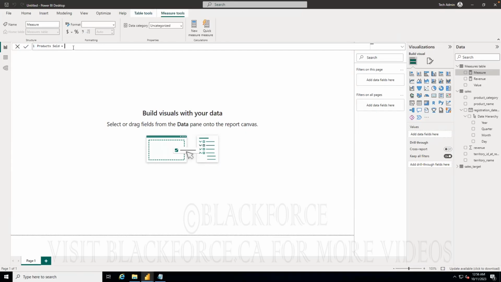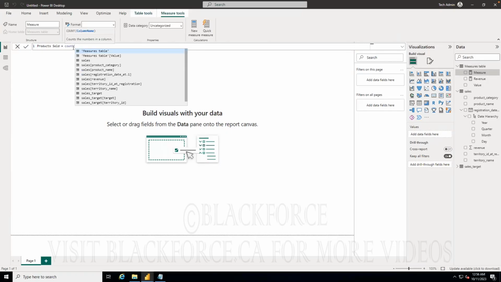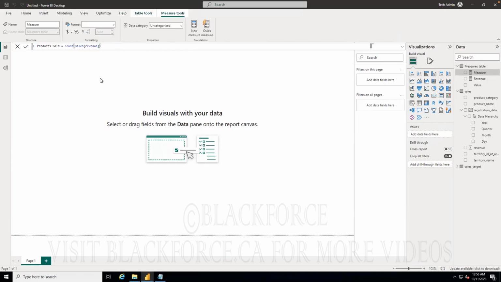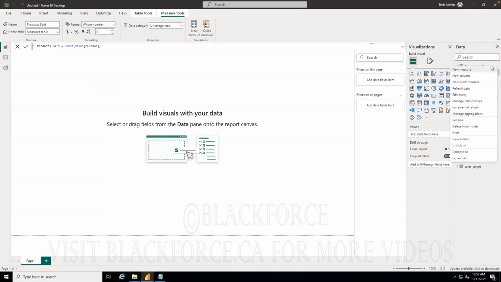And so product sold will be count. And I want to count my revenue as well. You can count the sales ID, you can count the product name. Well, let's count the revenue. So if I count the revenue, I get the product sold. Now, I also want to get,